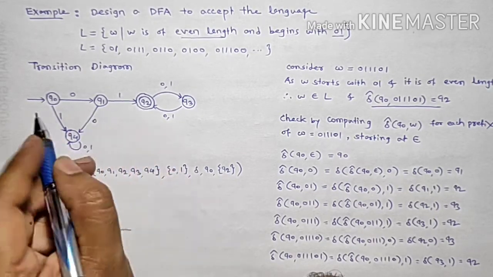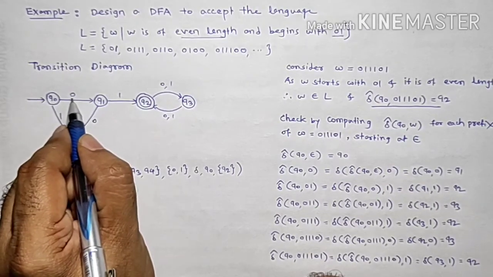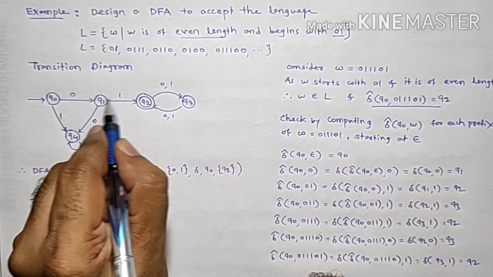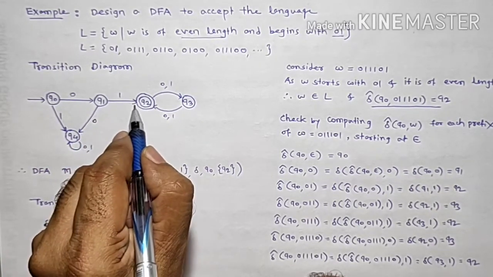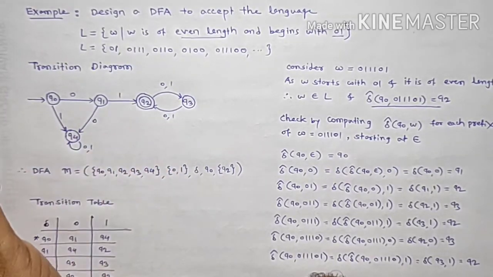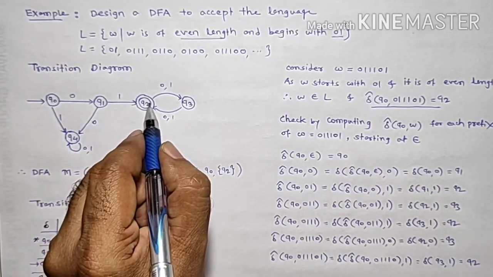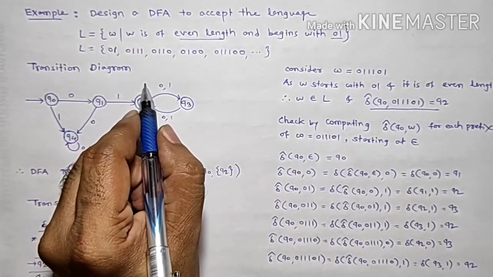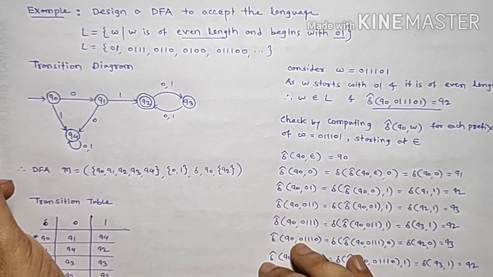So we can say that starting from Q0 and reading the first symbol 0, Q0 goes to Q1, and reading the next symbol 1, Q1 goes to Q2, which is the final state. Then we can say that 01 is accepted by this DFA. Now let us further improve this DFA for the remaining strings, as we know that next we can have strings of length 4, length 6, length 8 and so on. So all even length strings.